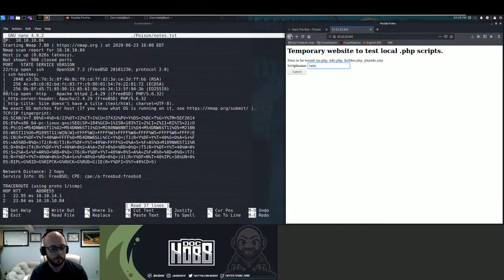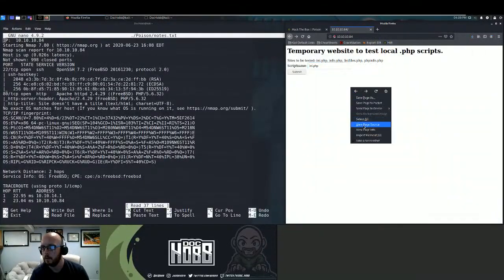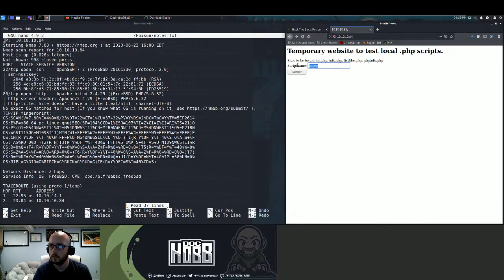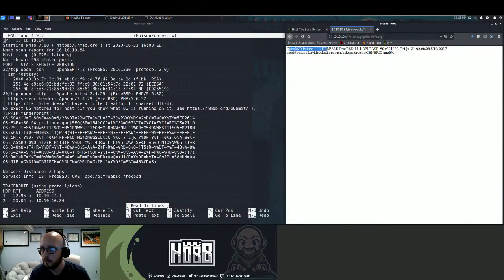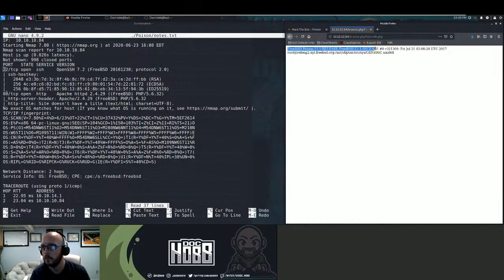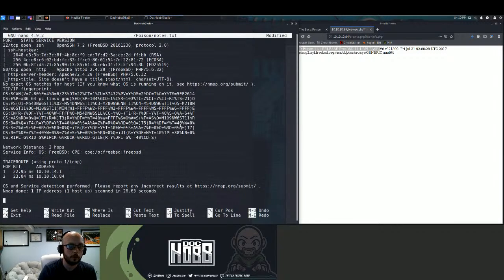Alright. See what happens when we pass it one of those. Alright, so it does what it says it's going to do. Nothing extraordinary here. Let's take a look at each of the other ones and see if there's anything interesting. FreeBSD Poison 11 release. So I'm just gonna grab this version just in case I feel like I need to look for anything in ExploitDB later.